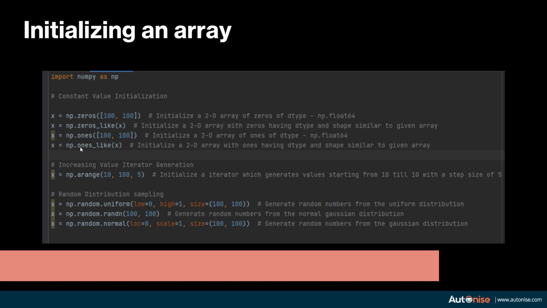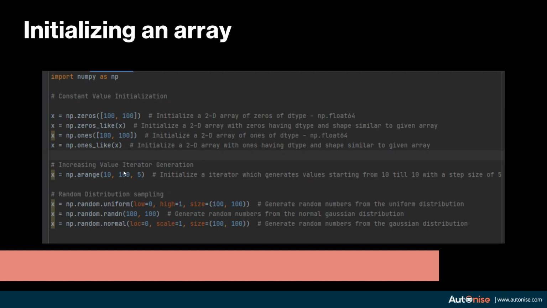After this, let's say instead of initializing with zeros and ones, you want to initialize your NumPy array with natural numbers or whole numbers. You can do that by using np.arange. Over here, you can set the starting point of your sequence, so it is 10 over here.